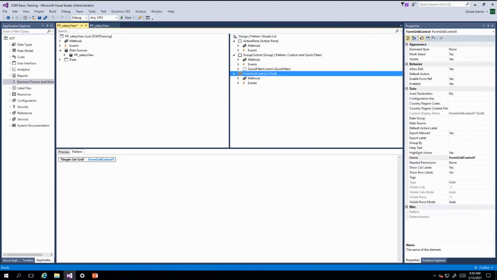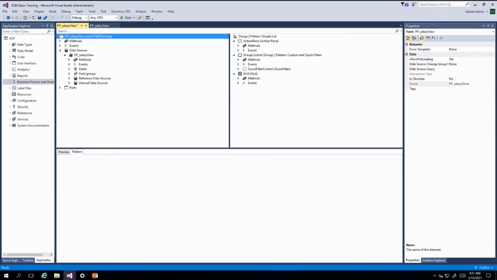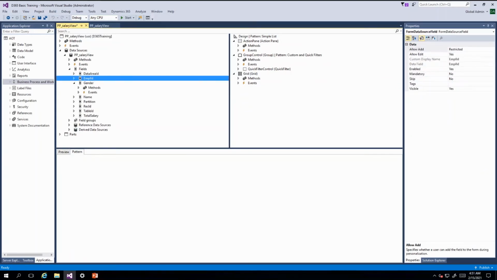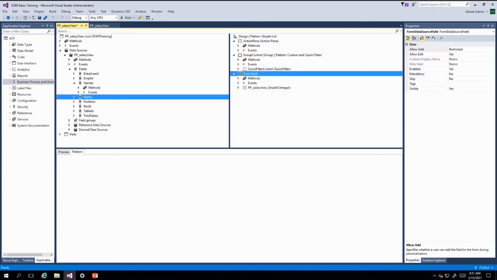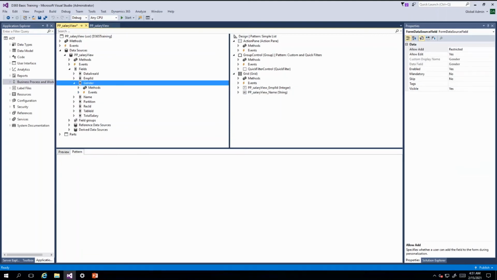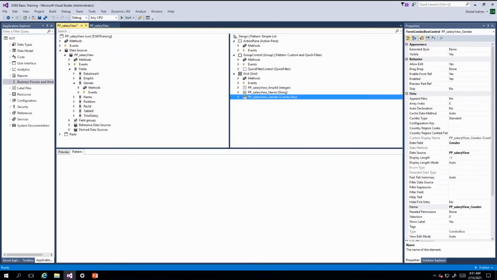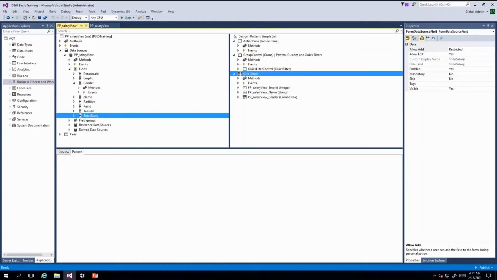I will add the grid section. Data source is my view. Now I will drag my fields, employee ID, name, gender, total salary.